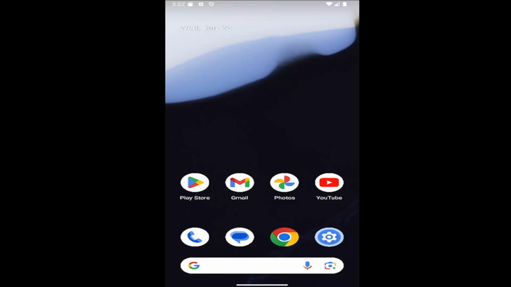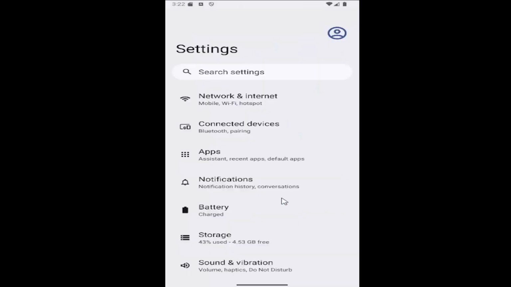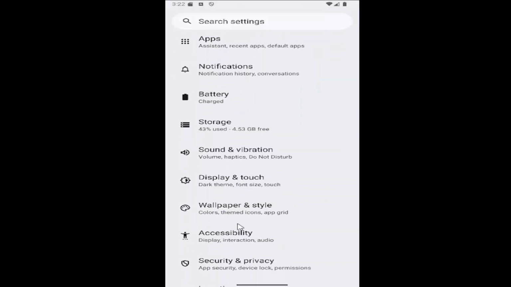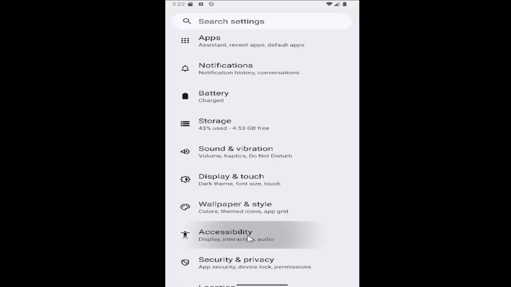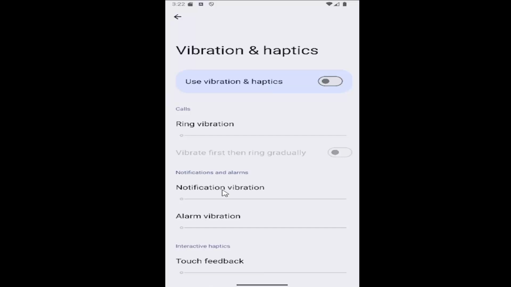So all you have to do is scroll up or slide up on your home screen and then select the setting gear button and then go and scroll down and find the accessibility tile. And then you want to go down underneath interaction controls and select vibration and haptics. So if you want to enable or disable the vibration with haptics, you can just make that modification up here